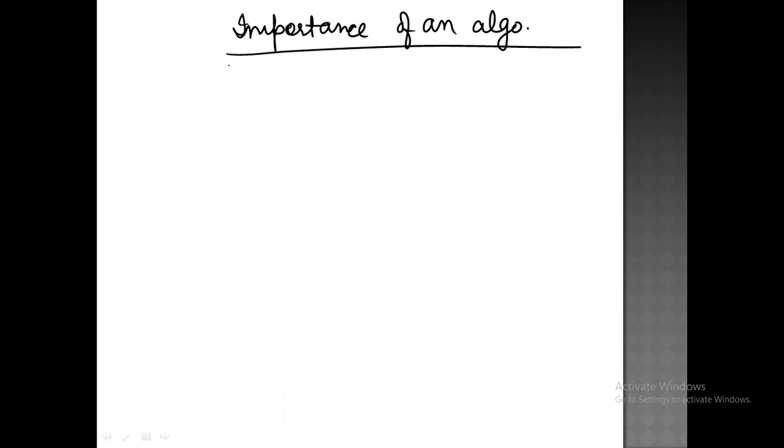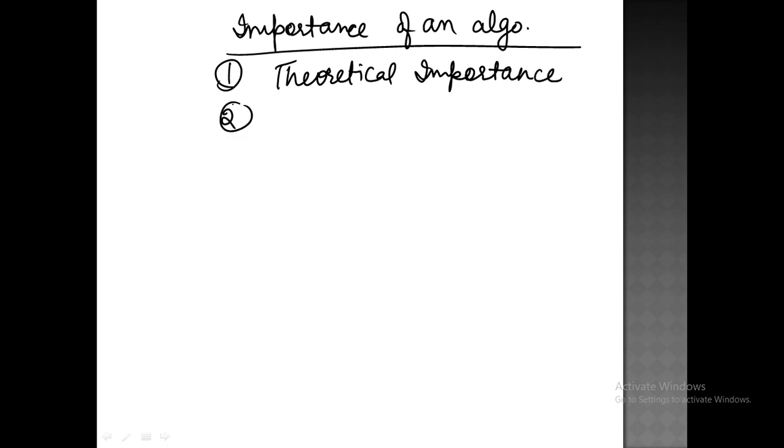First main importance is theoretical importance. Theoretical importance means when any real world problem is given to us and we break that problem into small parts, small modules. To break down the problem, we should know all the theoretical aspects. And practical importance